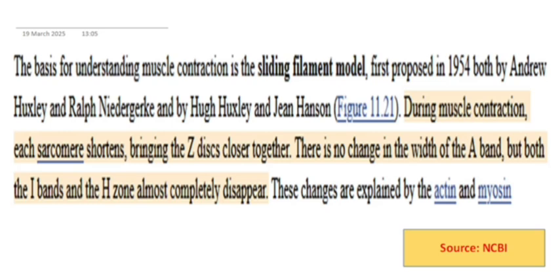Okay, so this H zone completely disappearing is not directly present in that textbook. So I have added this context from the NCBI so that you can have a clear vision regarding how the H zone disappears. So you have to remember that the Z discs lead to the shortening of the sarcomere. The I band and H zone almost disappear, or the I band you can say reduces in length also. And no change in the width of the A band takes place. So you can go through this point here.